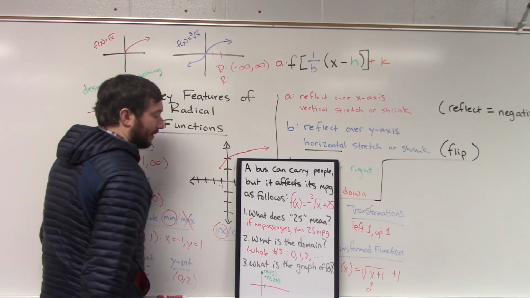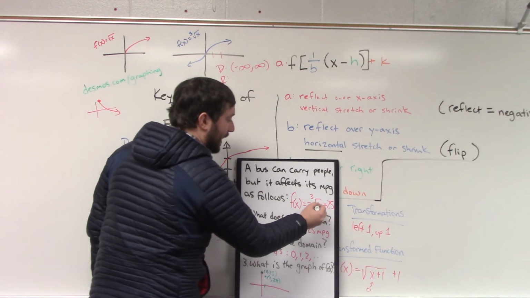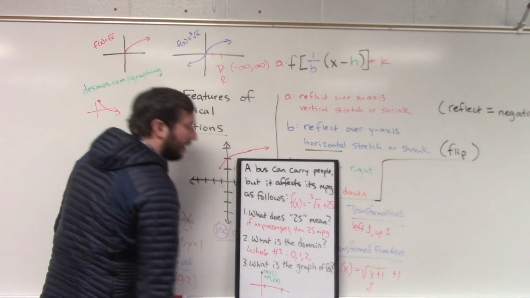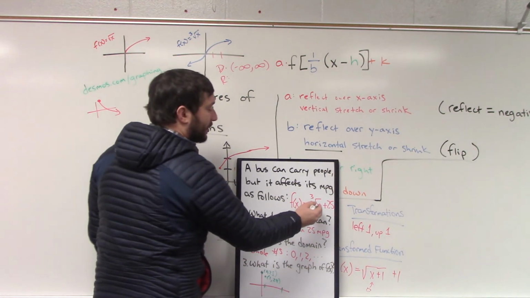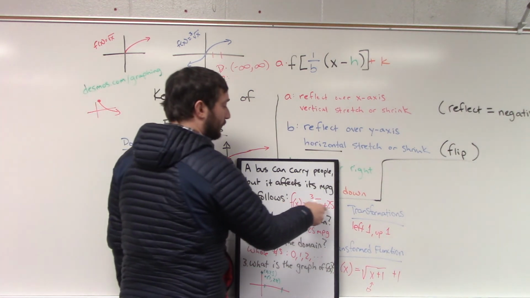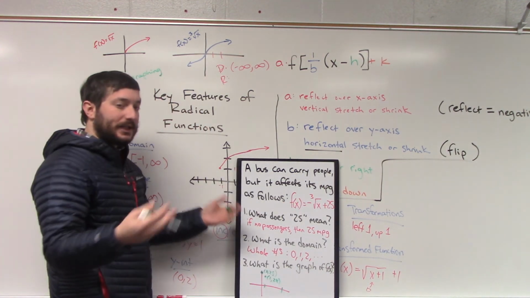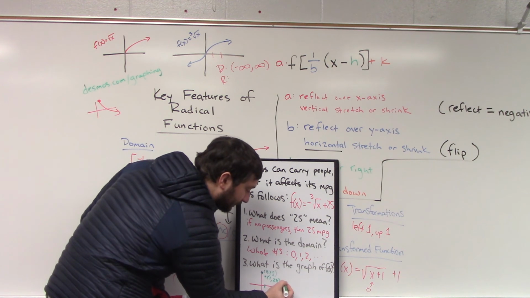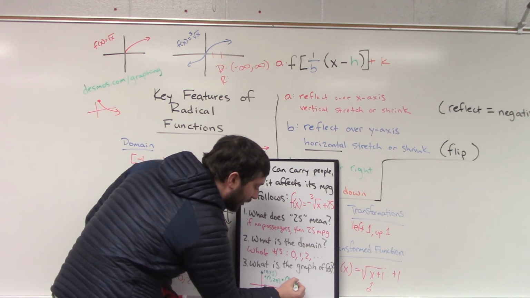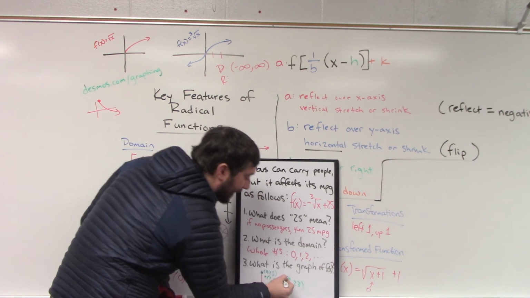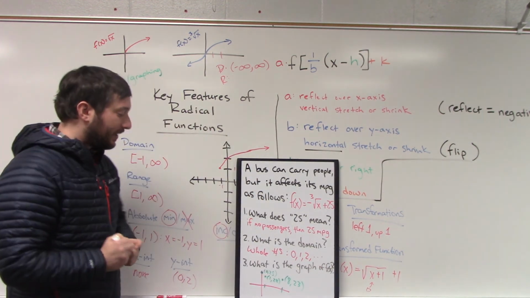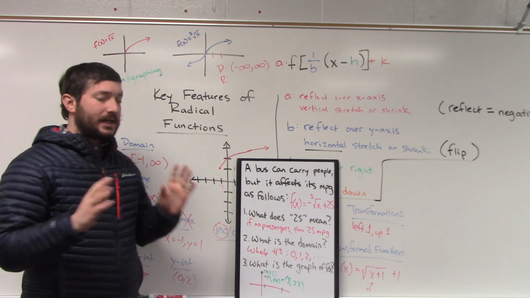Let's try a bigger number, like 8. What happens if we had 8 passengers? That'd be way over here. If we had 8 passengers, the cube root of 8 would be 2. Negative 2 plus 25 would be 23 miles per gallon. So that would be something like, when x is 8, y will be 23. That's another coordinate point. Notice, we're not connecting these dots though, because you cannot have